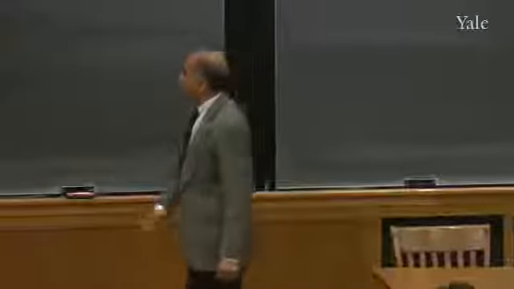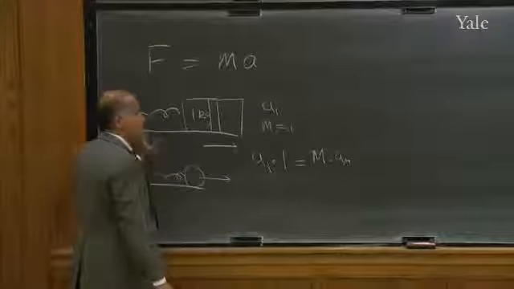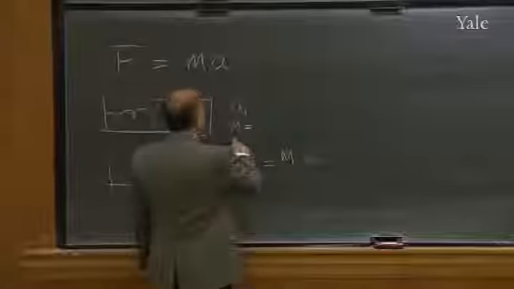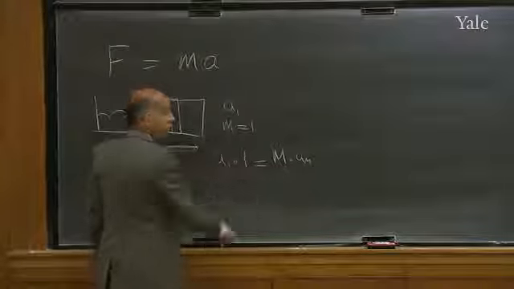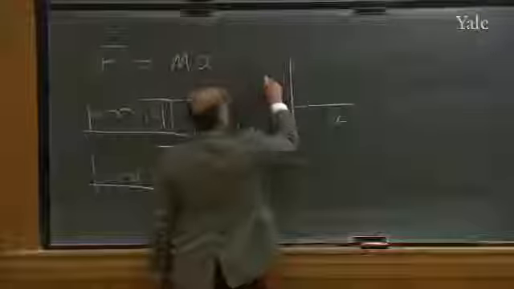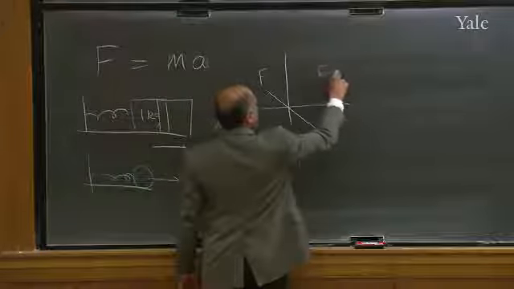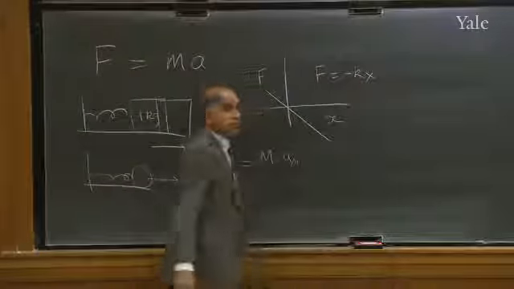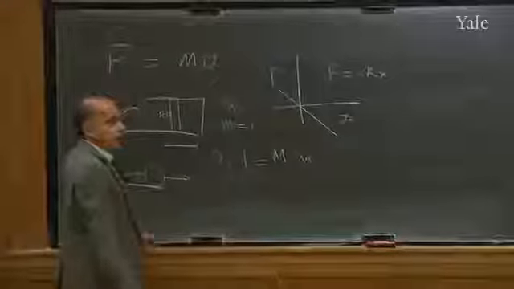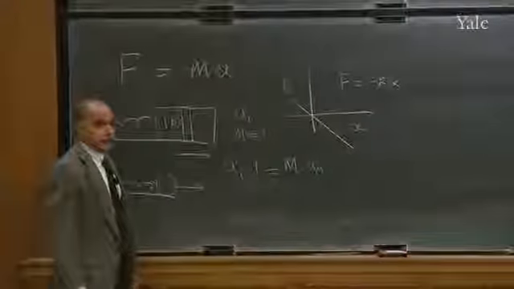So you can go back to the spring and say, I want to know what force the spring exerts when it's pulled by various amounts. Well, you pull it by some amount x, you attach it to a known mass, and you find the acceleration. And that's the force. And if you plot it, you will find F as a function of x will be roughly a straight line, and it will take the form F equals minus kx. That k is called the force constant. So this is an example of you finding out the left-hand side of Newton's law.